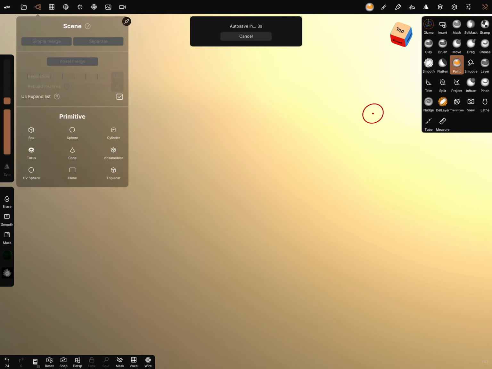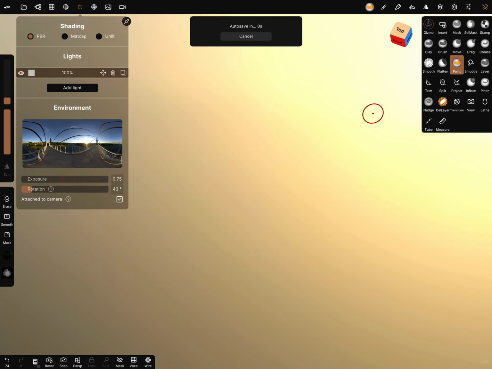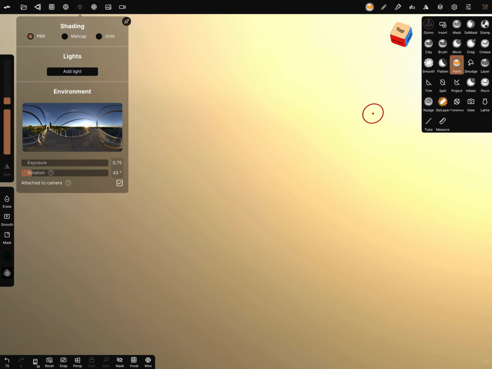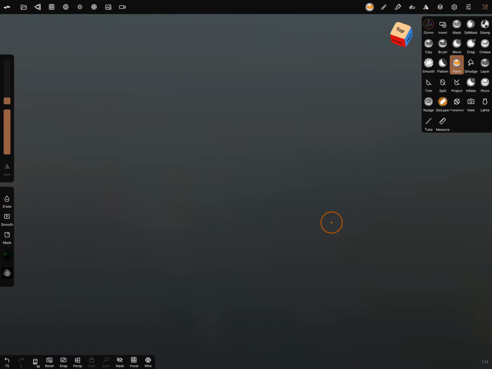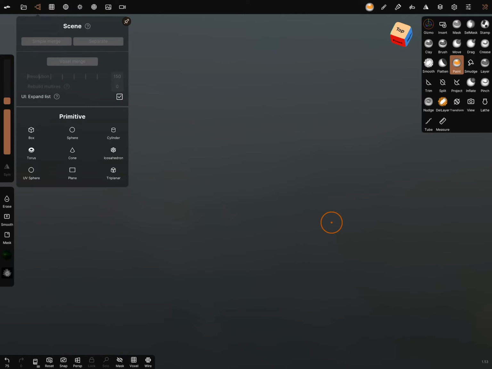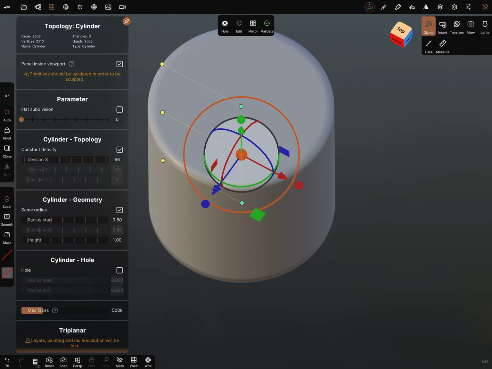I clear the scene and start with the plate. I add a cylinder.